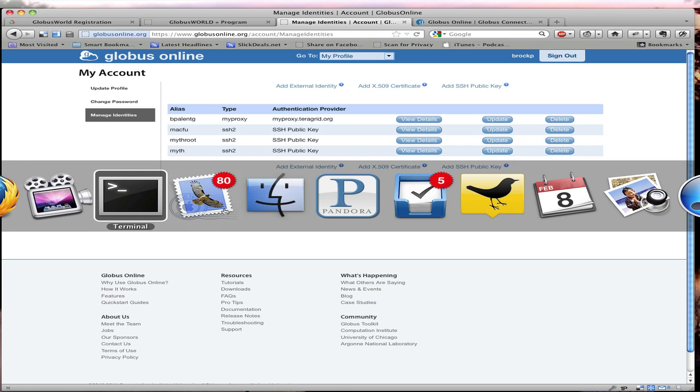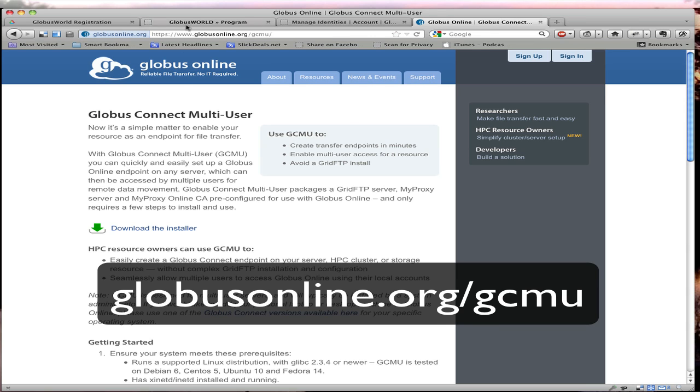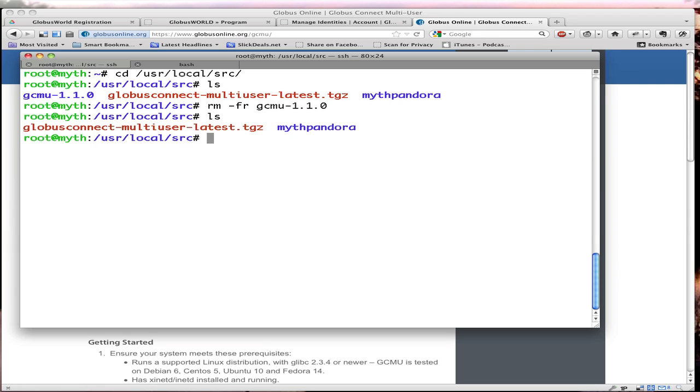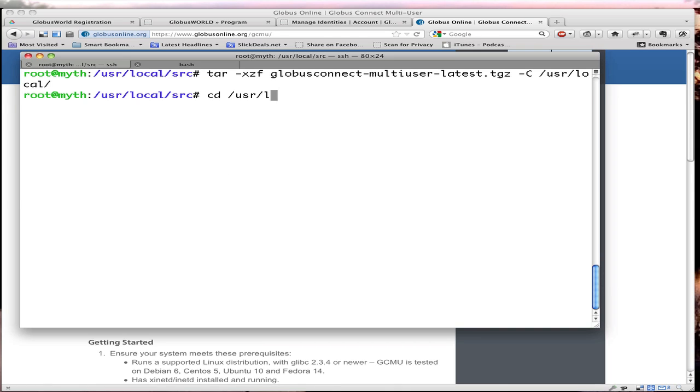I'm going to be demonstrating this on an Ubuntu machine, but this actually works identically for a Red Hat machine. So I've already downloaded Globus Connect Multi-User, which you can download from the globusonline.org/GCMU website. I've downloaded it into /usr/local/src. When you untar this, it's actually going to run out of the directory it untars into. So I'm actually going to untar this into /usr/local rather than leaving it in src. Oops. Okay, so if I go to /usr/local